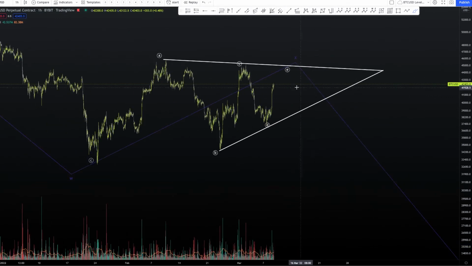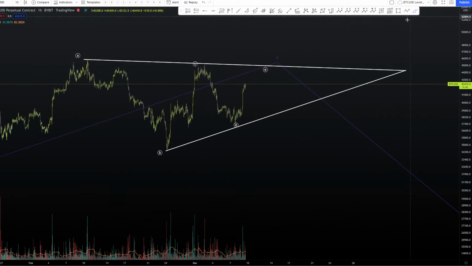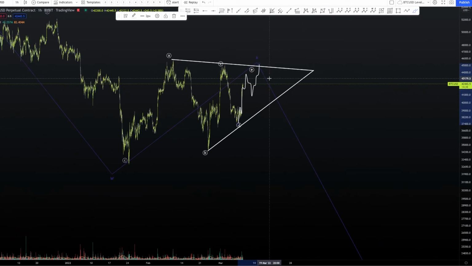Now, if we were to get this wave E, we want to be getting a zigzag as well. So this would probably mean we could be coming up for a wave A as so, down for wave B, up for another wave C. I'm actually going to zoom in to show you guys what we could be looking at in this more local time